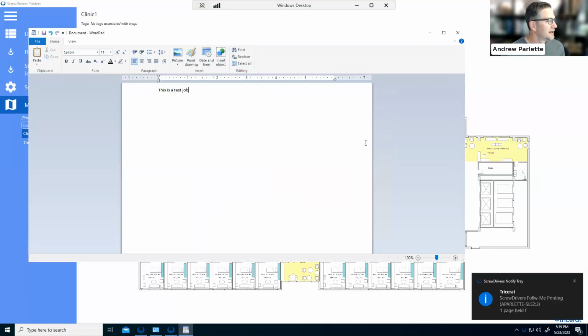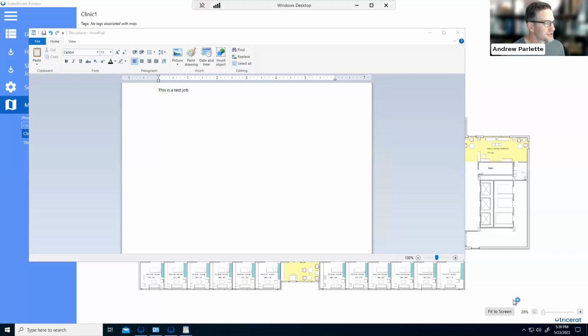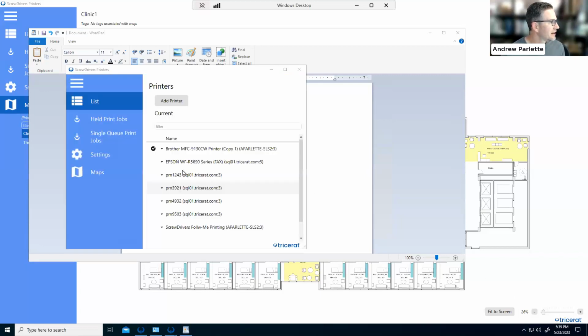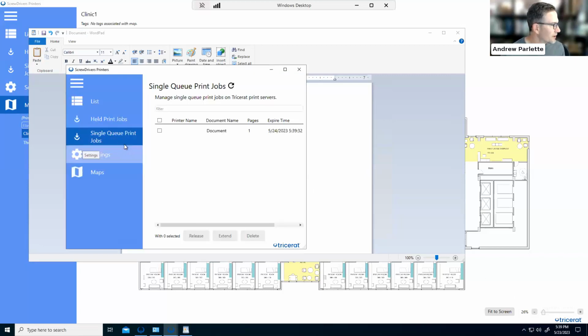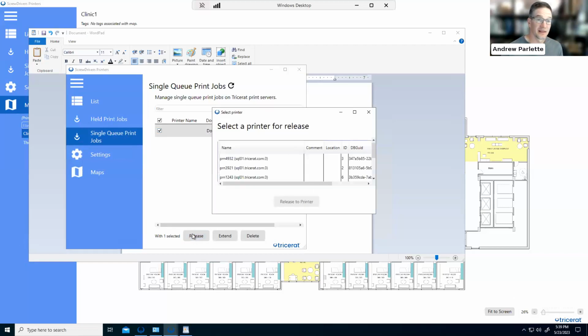I click print, it holds, and I get a notification as a user: hey, it didn't come out, it's waiting for you. If I open this up, I can go to the single queue print jobs and say, oh, I have this print job that I printed here. I want to release it. Then it pops up and asks, what printer do you want it to go to? Oh, I want it to go to 3921, hit release printer,